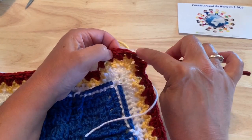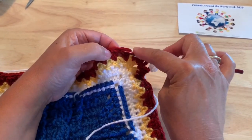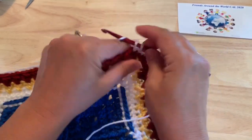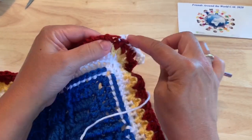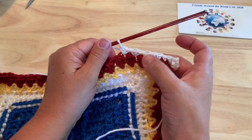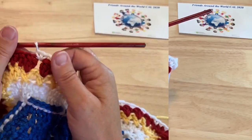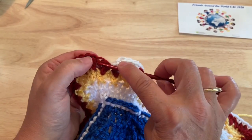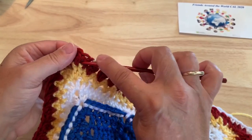And then between the double crochet and the cluster, we'll place a single crochet. And then in the chain 1 spaces between the clusters, we will place 2 single crochet in each of those. So skipping over the cluster, and in the chain 1 space, we'll make 2 single crochet. So you can work that down the side, and I'll meet you just at our last cluster. You've worked in those chain 1 spaces down the side. We will skip this last cluster and place a single crochet between that cluster and the double crochet,